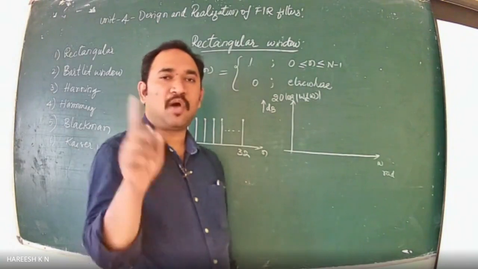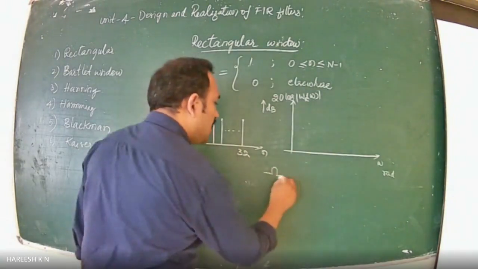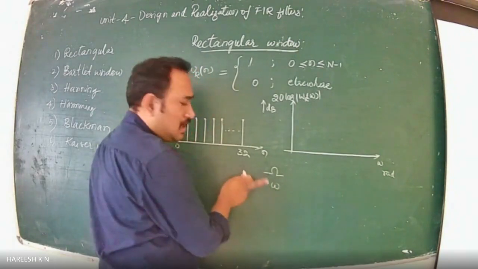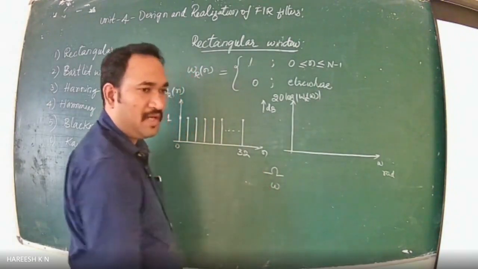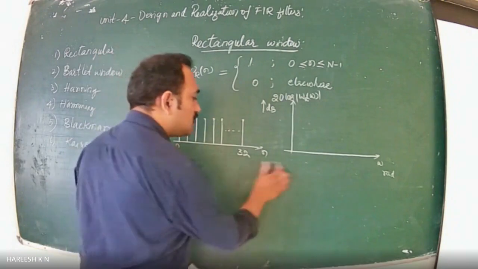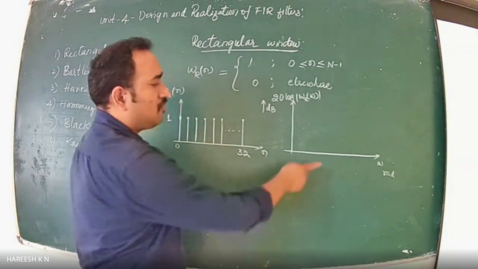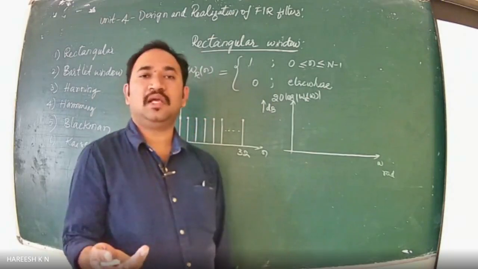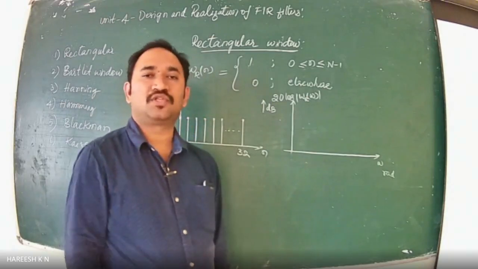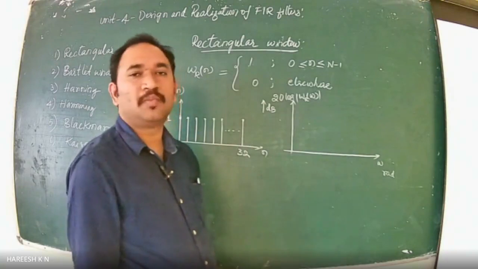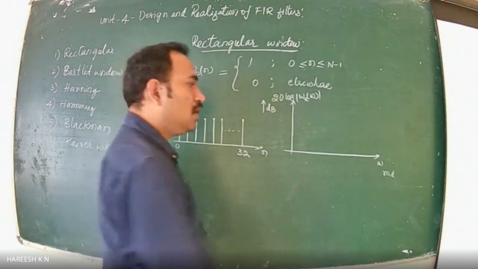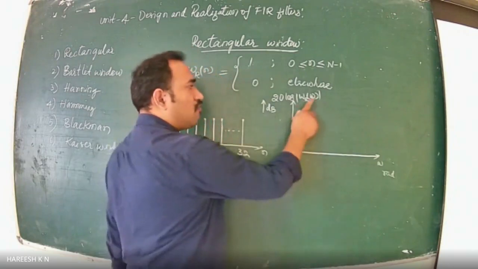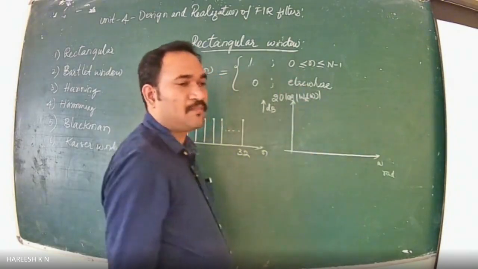One is small omega, analog frequency, and the other is digital frequency. This is measured in radians per second, and this is measured in radians, right? These are the two representations of frequency, and we are trying to design a digital filter. Since DSP deals with digital inputs, the filter also has to be in the digital domain. Therefore, this has to be omega in radians, and W_R of omega is with respect to this, right?